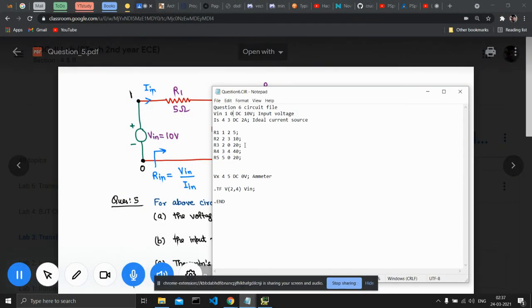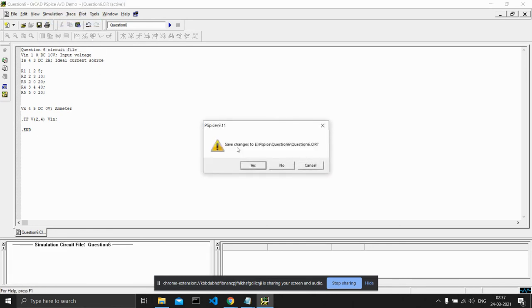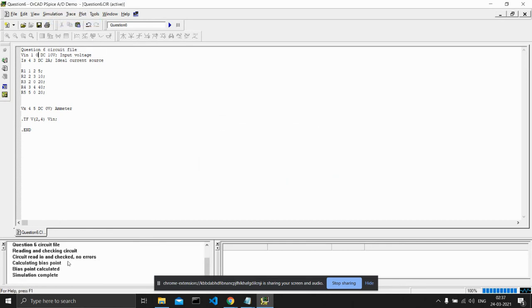So I changed it here. I did 10 from positive to negative. Then I'll go here. I have opened this file. So here I can do 10, 0. I can save it. Then I can go on simulation. I can run simulation. Yeah, I had to save the changes.